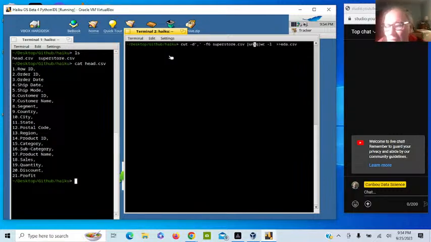Now, just to give you a little heads up, tomorrow night we'll be moving on to things like counting the number of orders per segment or counting the number of orders per customer and stuff like that. Some more summary information, some basic single column group by functions. Okay, so